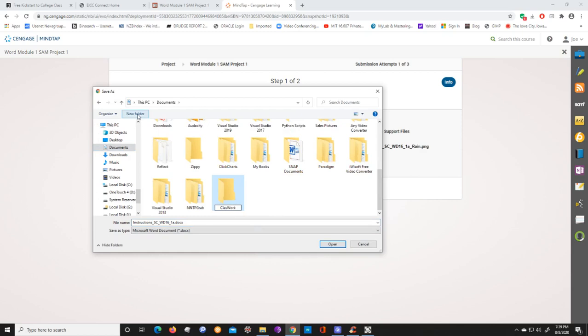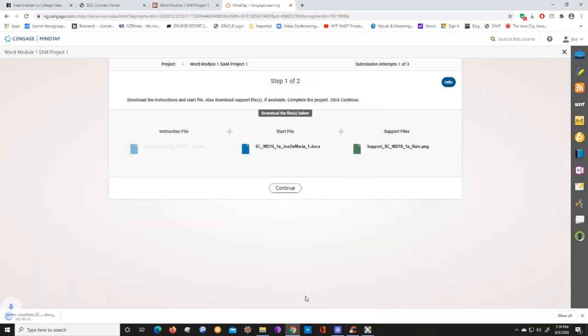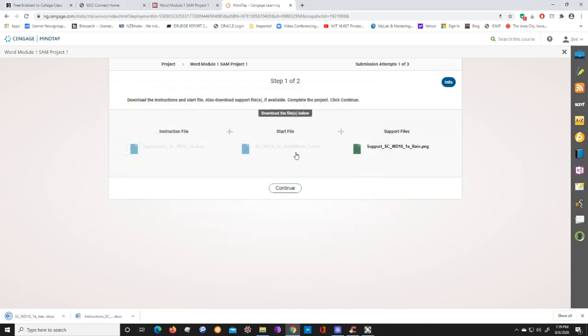Okay, so now I've got my classwork folder. And remember where you put these things, because shortly you're going to have to pull them up again. So I have a folder in my documents folder called classwork. Save. You can name it anything you want. Instructions are there. Back same place, classwork, my startup file,